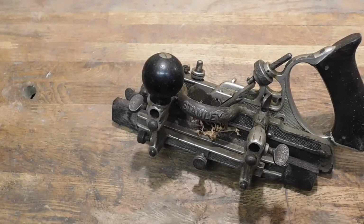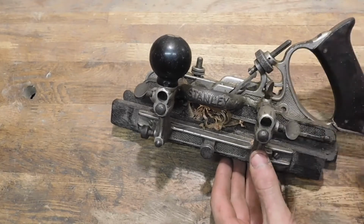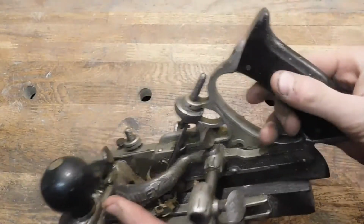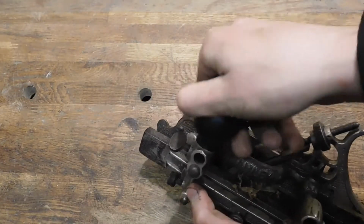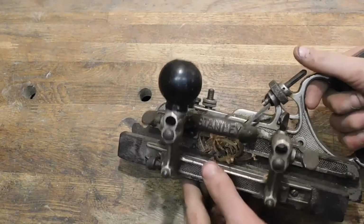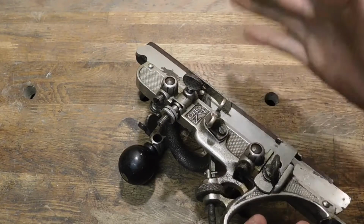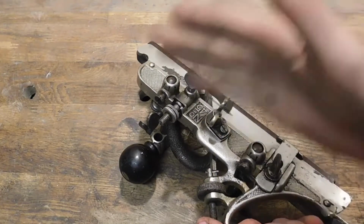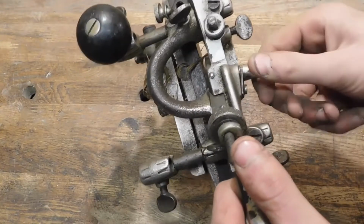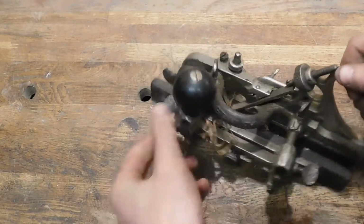Here we have the plane itself. The body is probably made out of aluminium, which is nickel plated. We have a rosewood fence and a rosewood handle, and this is probably an old Bakelite, old type plastic handle, with brass screws in each one. The parts of this plane I'm not too sure of, but I know this is the height adjustment stop thing, whatever you want to call it. This is where you slacken the plane for taking the blade out, and these knobs are just for adjusting the fence in and out,